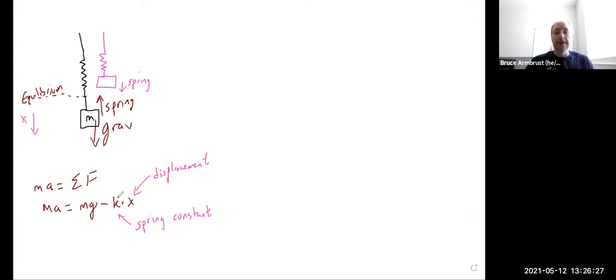All right. Well, let's replace this a. We know that that is actually x double prime. And if I just move things around a little bit, we get x double prime plus k over m x equals g. So I just move the kx over and then I divide it by m. But there it is, guys, staring right at you. Here is our linear second order non-homogeneous